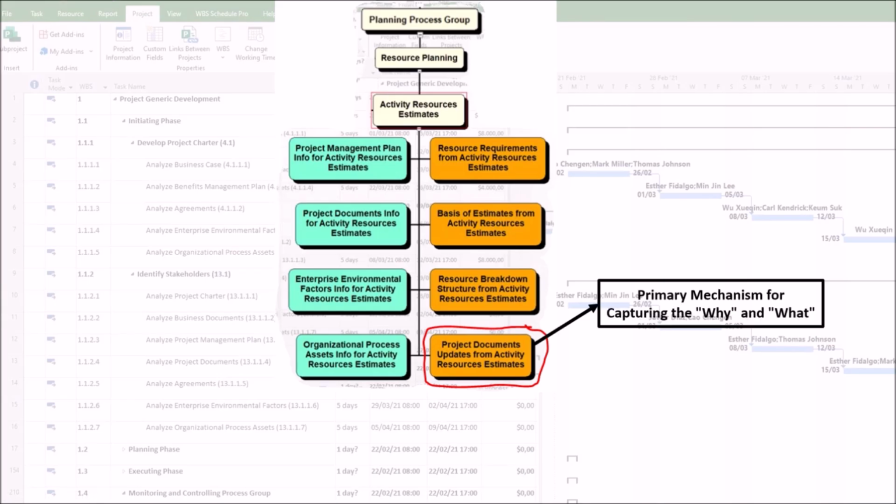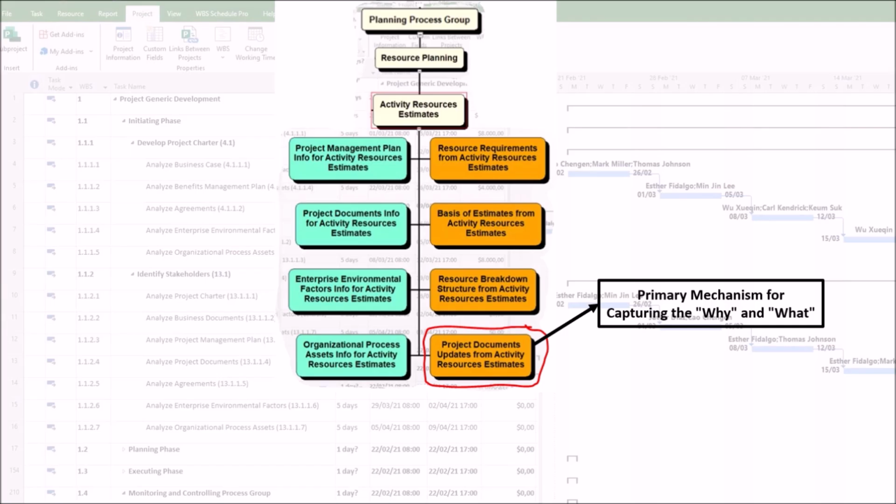1. It's the primary mechanism for capturing the why and what. The main output of the process is the activity resource requirements. This document lists what resources are needed and how many. However, the project documents updates capture the context, assumptions, and lessons learned that led to those estimates, as follows. First, resource breakdown structure. Updating this document provides a hierarchical view of resources, which is invaluable for tracking, reporting, and